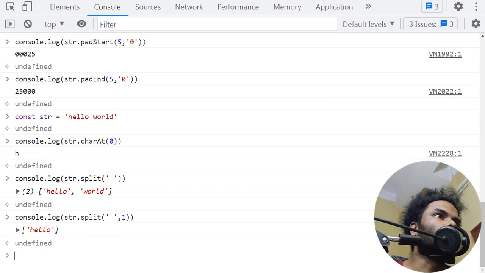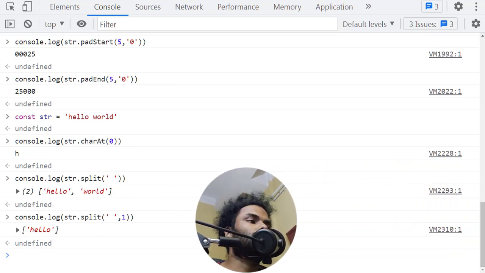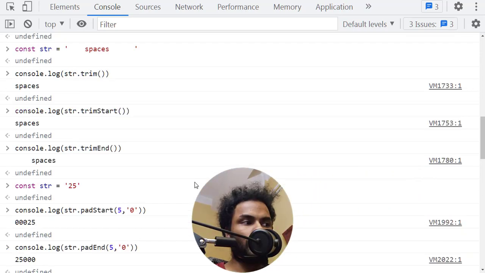So these are all the methods that are used to manipulate strings in JavaScript. So hope you understand about all the string